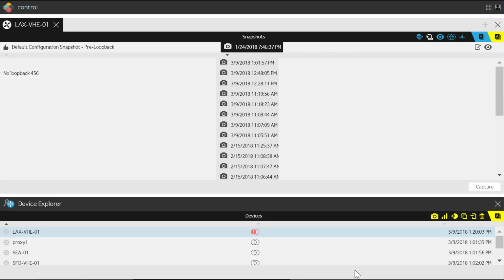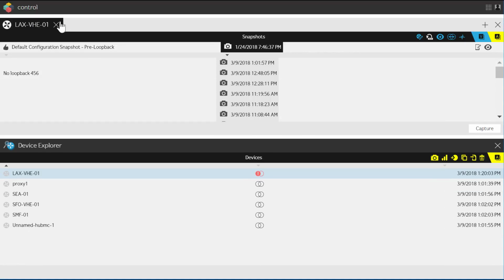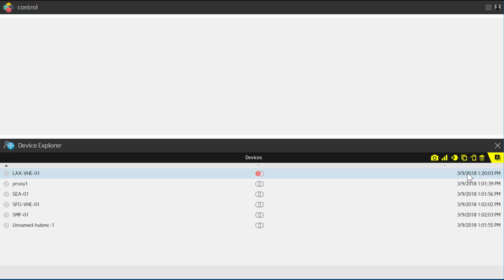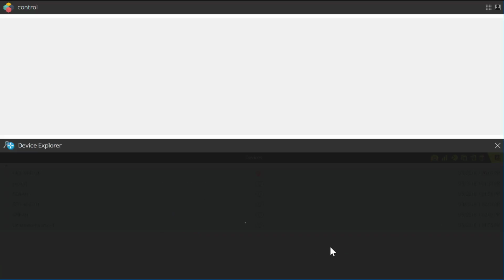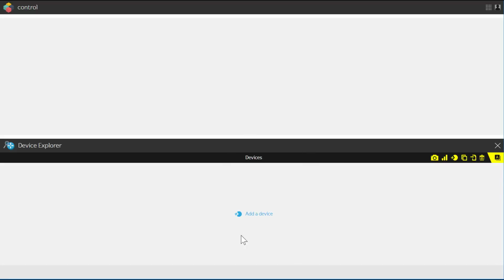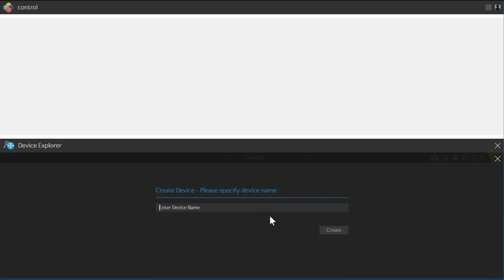Now let's back up a little bit. Let's clear this particular device pane that we have. Let's actually take all the devices out of the current organization and delete them. Now, when you start with a new organization or a new setup, what you're going to do is add devices one by one as appropriate,